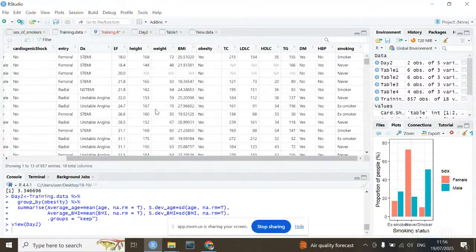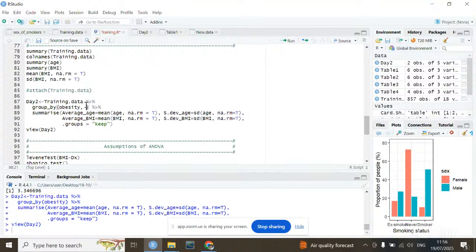If we look at the training data, we have the entry, we also have the diagnosis, then we also have the smoking status. So what if we want to group with the obesity status and the smoking? We just come and say smoking here. Then this one becomes important